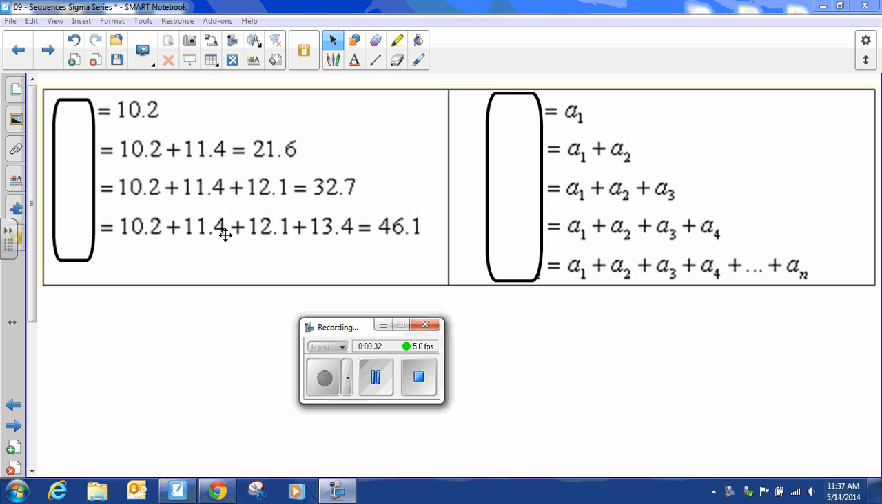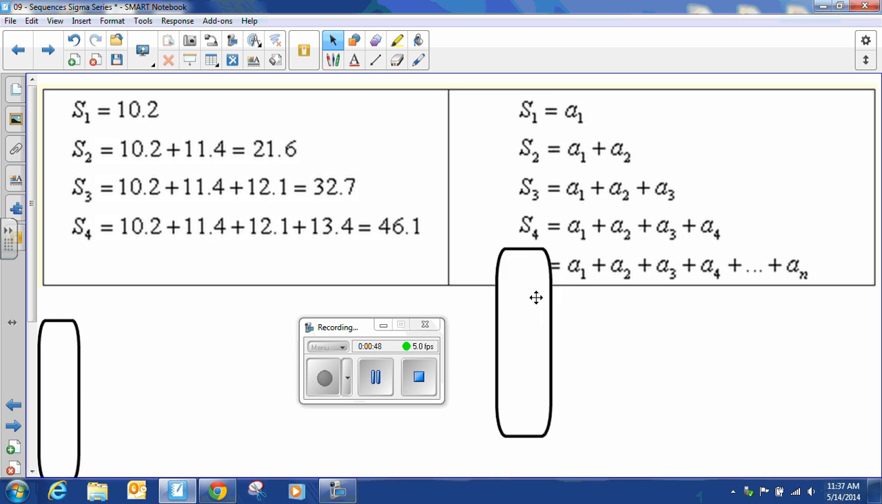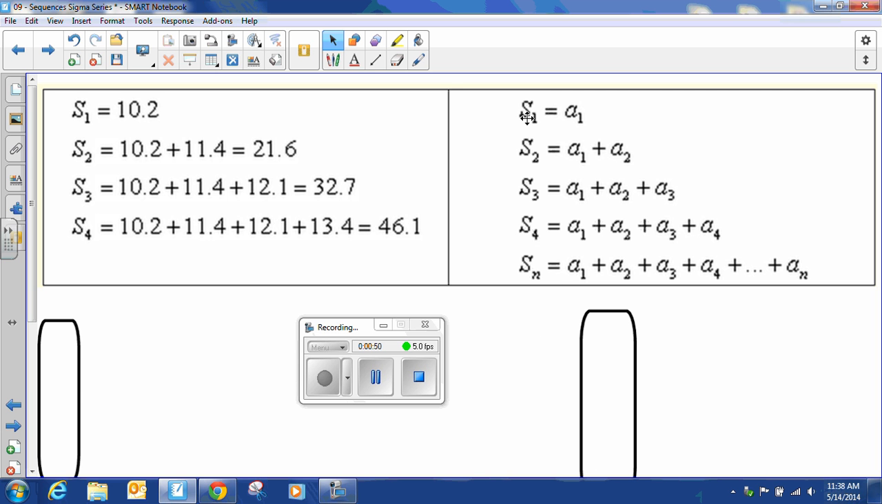So if you added up all 4 terms of the sequence, you would write down S sub 4. If you only add up the first 3 terms, S sub 3, and so on and so forth. Only 1 term added up, S sub 1. So here's the general case: S sub 1, S sub 2, S sub 3, all the way down. If you add up every single term in the sequence, and there are n terms in the sequence, it would